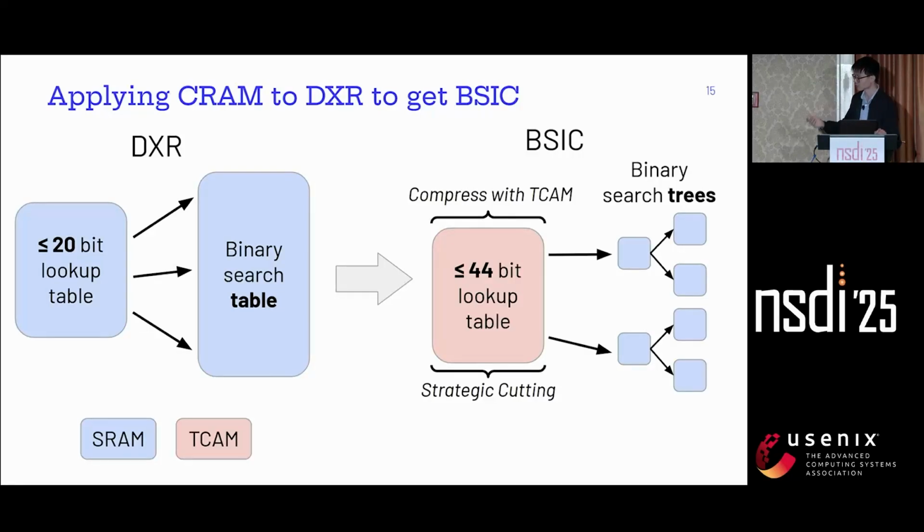So here we make a similar observation: if it's the 20-bit limitation that's restricting DXR to IPv4, we notice that, for example, for Tofino 2, the TCAM block width is 44 bits, and 44 is much greater than 20. And so just by switching this over to TCAM, we enable the algorithm to support IPv6 as well. And it performs quite well on IPv6, actually. So we switch that initial table over to TCAM. This enables us to support much wider entries there. And then, as you'll see, we actually switch the binary search table to a binary search tree because we find out that a certain